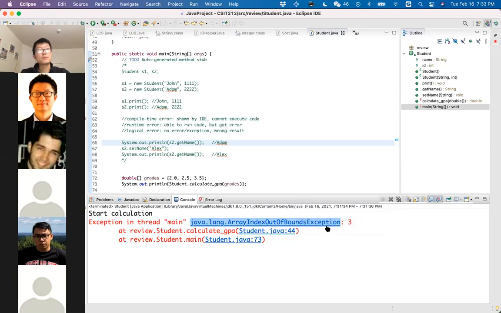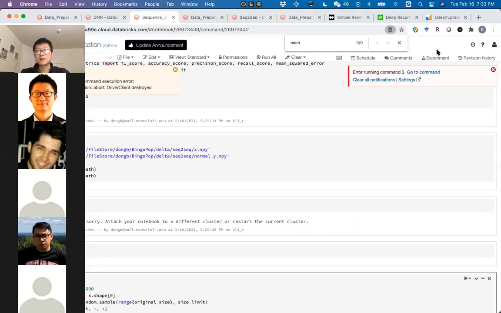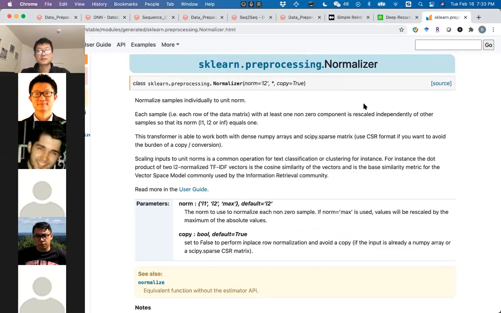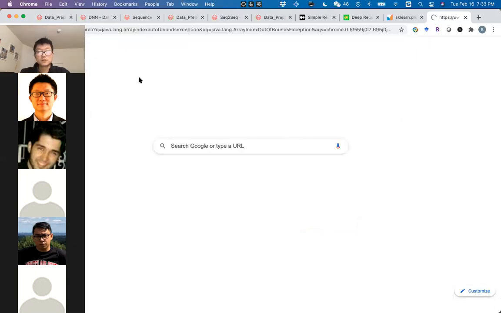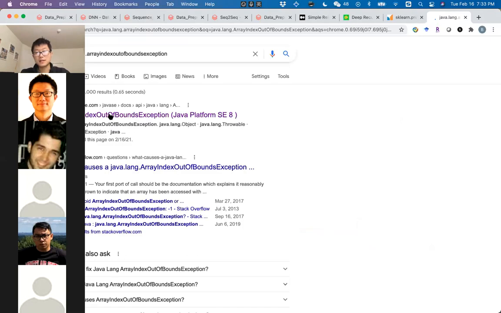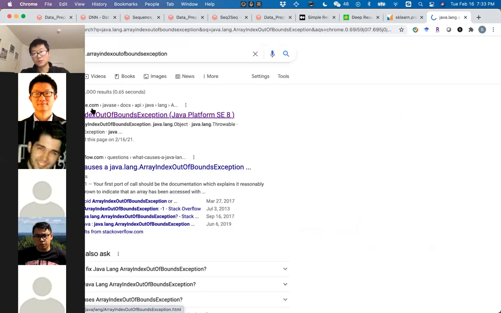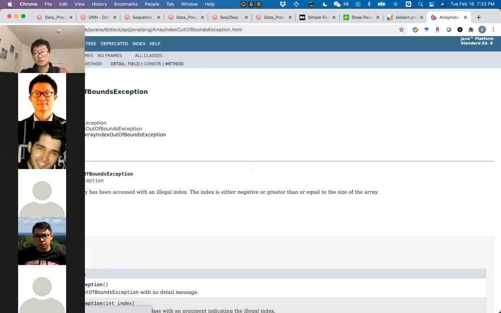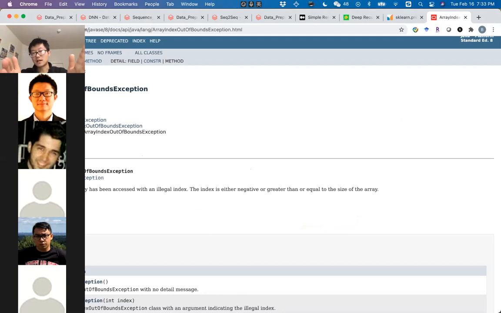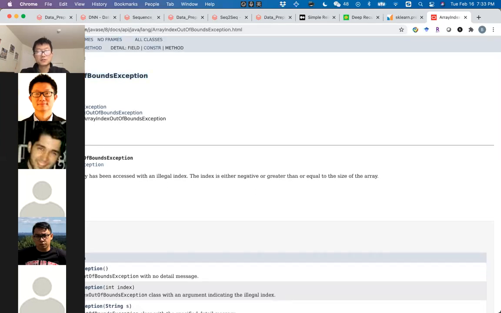If you copy and paste this to, for example, Google, you should be able to find a document provided by Oracle, and if you step into that, this is the definition. This is a class that defines this type of error called ArrayIndexOutOfBoundsException.